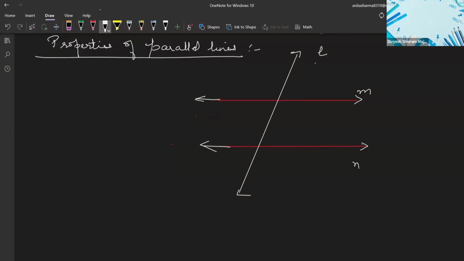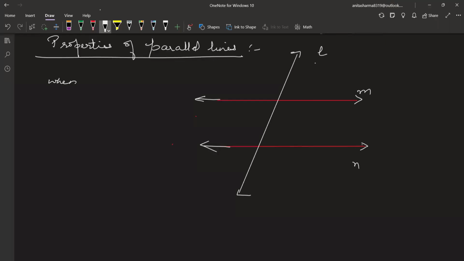Yes, ma'am. Okay, so when two parallel lines are intersected by a transversal, then